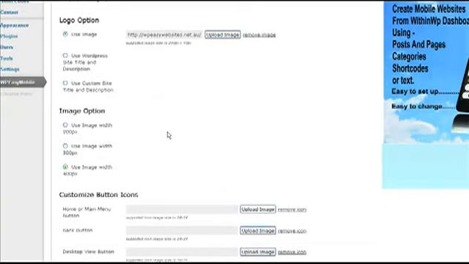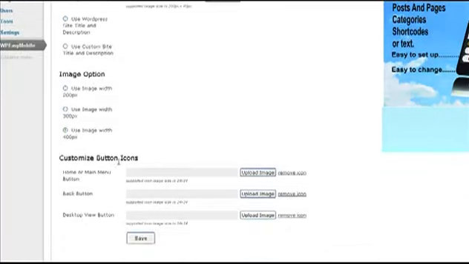Other options here are to nominate the size that you would like the images to appear on your mobile site. I set it here to 400 pixels, so that'll be just about full width on most mobile devices. If the mobile device is smaller than the 400 pixels, the image will be resized to suit the size of the screen. We have a couple of other items here. I'll go over those a bit later on in the video. If we save those settings,